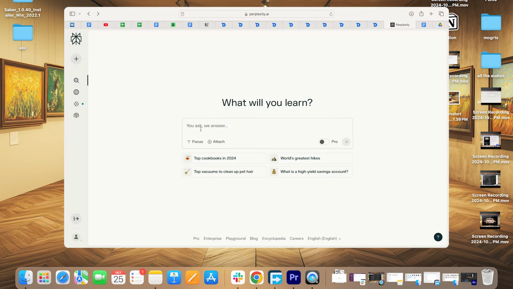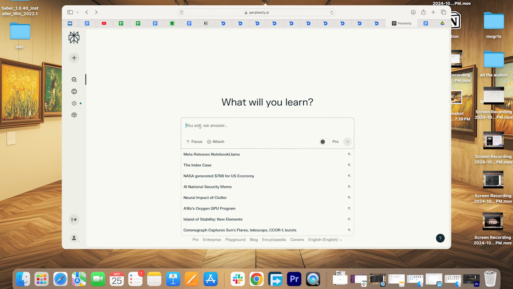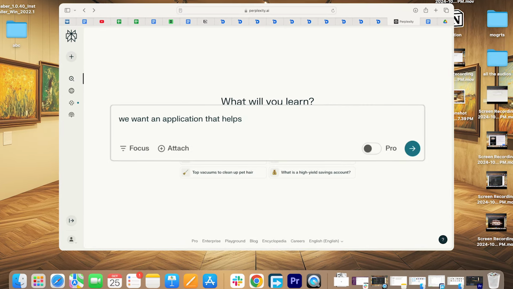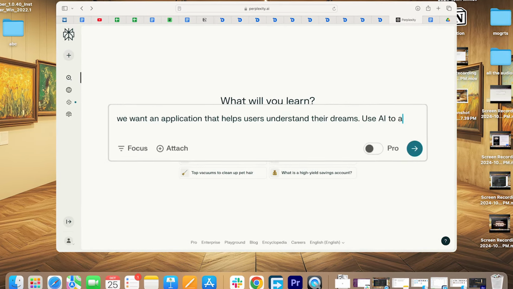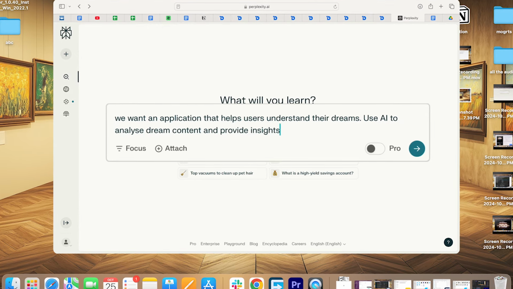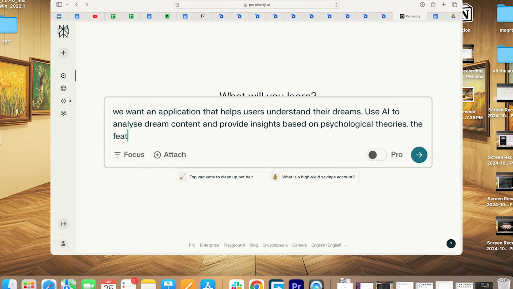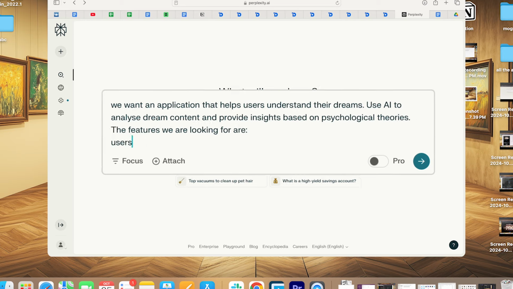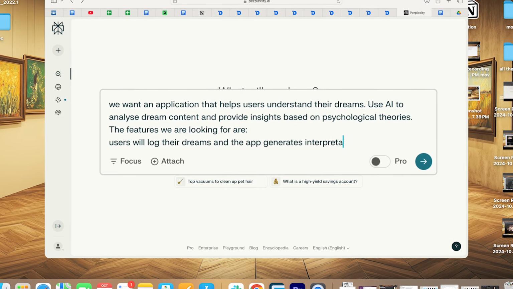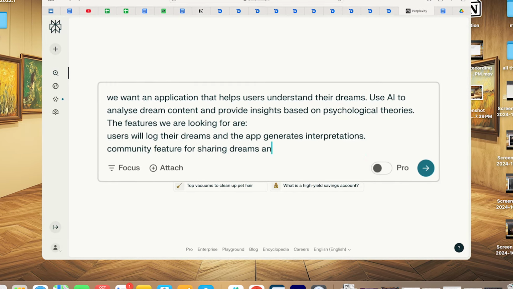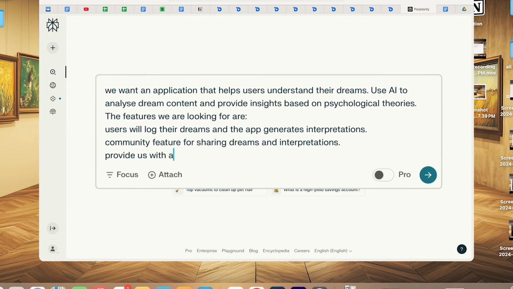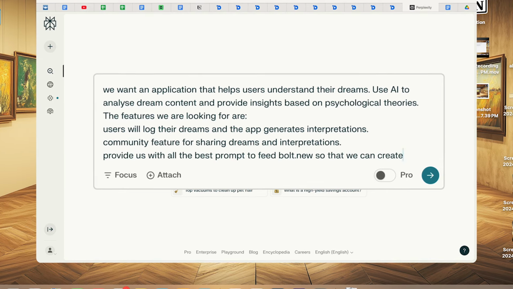We're going to use perplexity.ai to generate a prompt to feed Bolt.new. Let's type: we want an application that helps users understand their dreams, use AI to analyze the dream content and provide insights based on psychological theories. The features that we are looking for are: users will log their dreams and the app generates interpretations, community feature for sharing dreams and interpretations. Provide us with the best prompt to feed Bolt.new so that we can create this